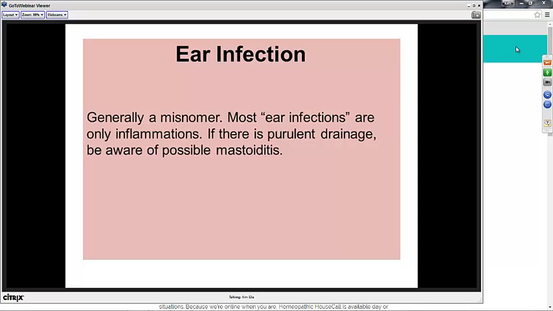And the signs that that would be a problem: there's tenderness behind the ear. There's usually a high fever. But it's the tenderness, you can feel the mastoid bone behind the ear. And this is an indication that you need to seek medical attention. And that bone actually becomes quite tender, right? Oh, yes. Yes, oh, yes.